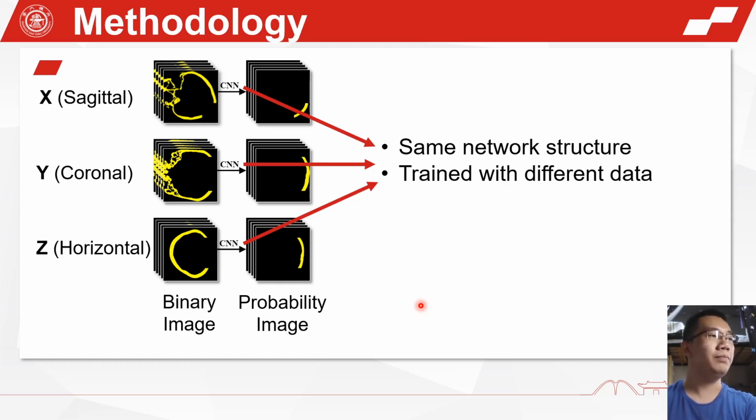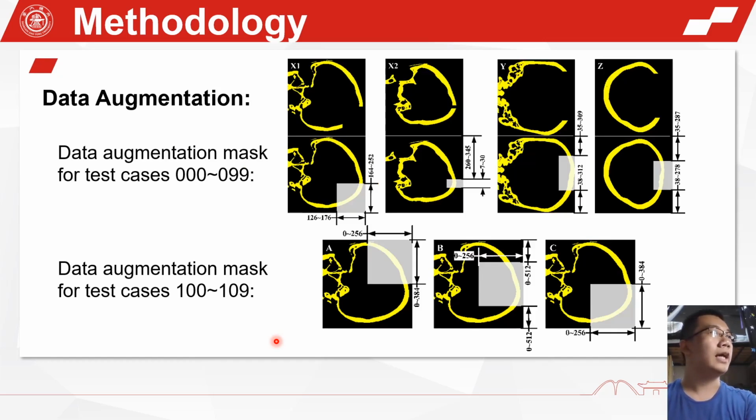Besides, the input defective images are binary valued, but the output implant images are called probability images, whose pixel values range from 0 to 1, and higher values mean higher certainty for that pixel to be part of the implant. Data augmentation